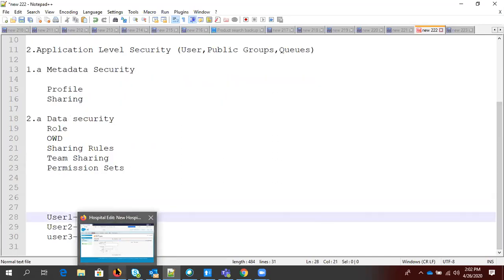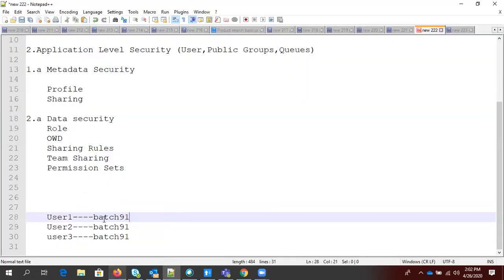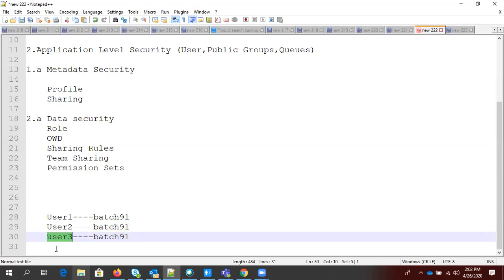Yes, it is very simple. If you change the permission on a profile, each and every user related to that profile will have the same access. But our question is, we just want to give the access to user 3, and we don't want to give access to anybody else.